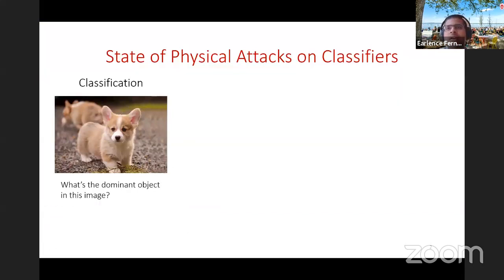As we all know now, adversarial examples are a major research area, with a lot of papers being written, and early adversarial examples introduced this notion of digital attacks. The attack digitally adds and subtracts pixel values to an image, and these changes are so small that a human is not going to be able to see them. What you end up with is, for example, in this classification task, a dog that may look like something that is not a dog to the classifier.